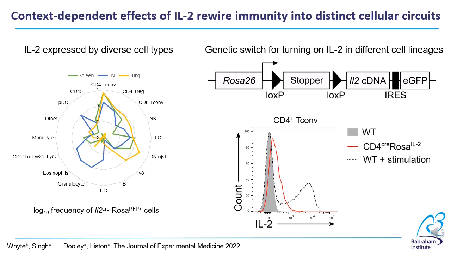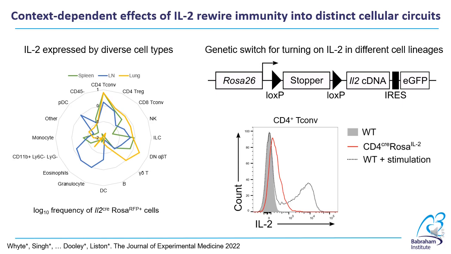the immune system. Under homeostatic conditions, IL-2 expression is normally tightly controlled. We show here, using a wide variety of strategies to detect IL-2, that CD4 conventional T cells are the predominant source of IL-2, in line with previous reports, although diverse cell types are capable of IL-2 expression, including regulatory T cells. To interrogate whether the cellular context in which IL-2 is expressed can affect IL-2 function, we generated a mouse